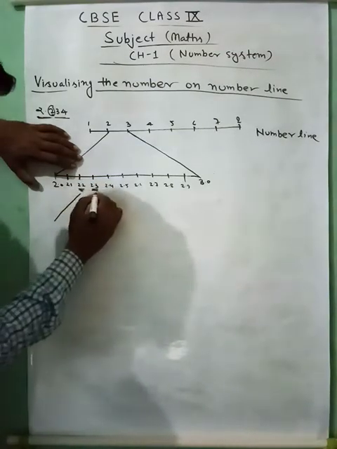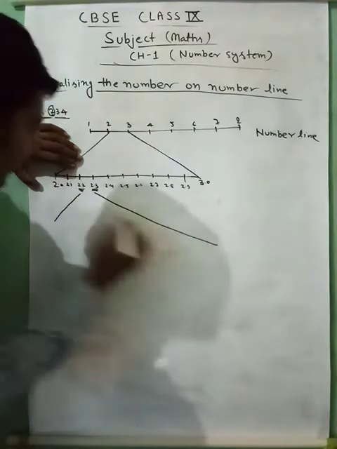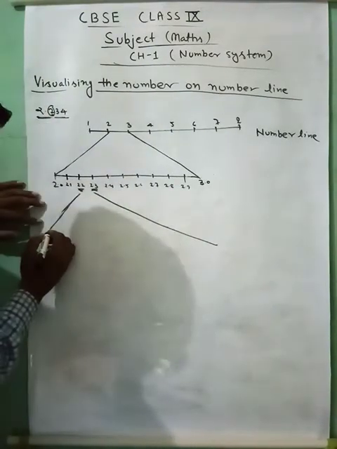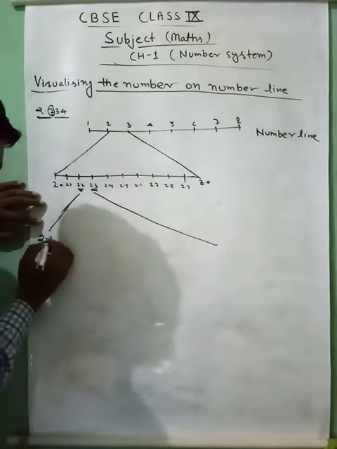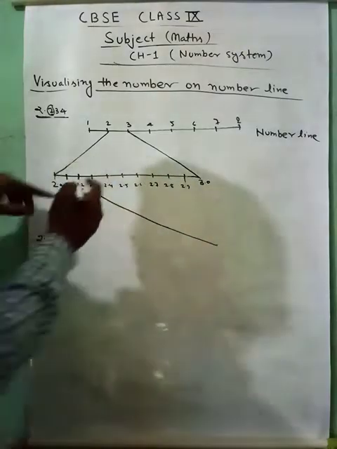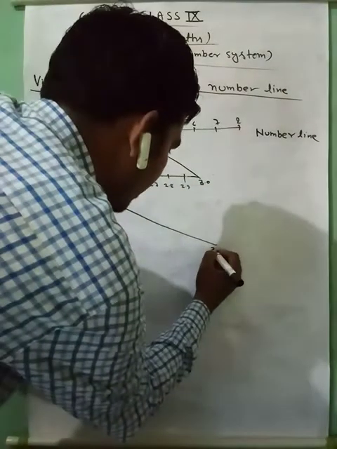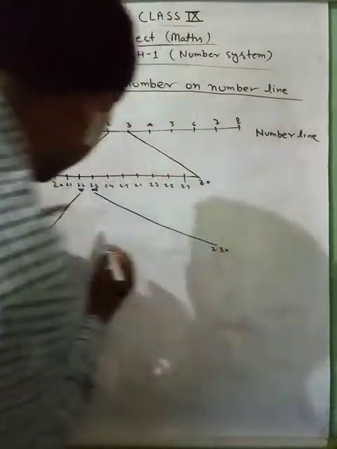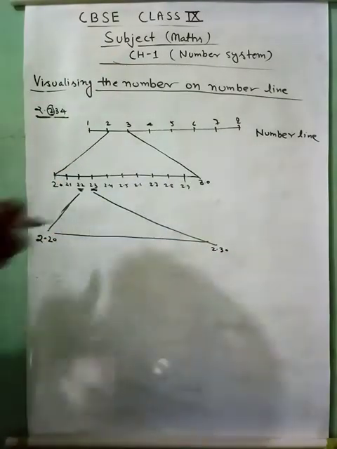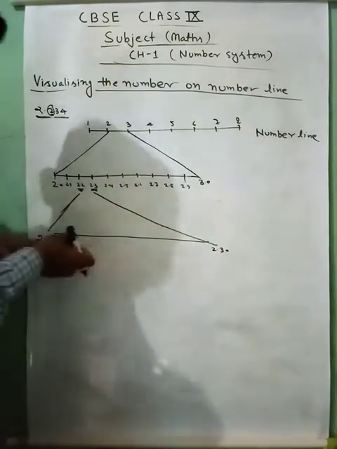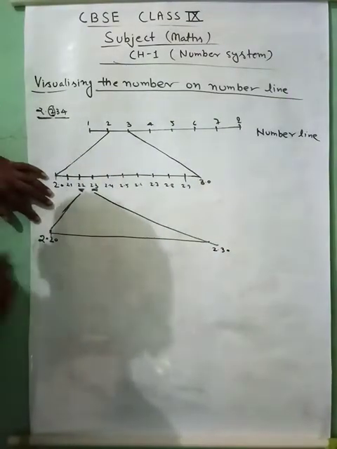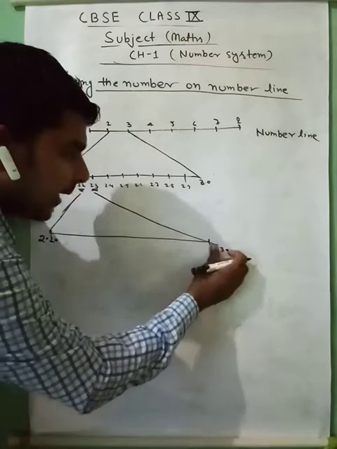After using the magnifying glass, this will be like this. It means it is 2.2. Again we'll write 10 on the right side, and it will be 2.30, and draw a number line. अब इसके बीच यानी इसके बीच में हम एक नंबर लाइन ड्रा करेंगे. ठीक है, इट इज 2.20, 2.30.